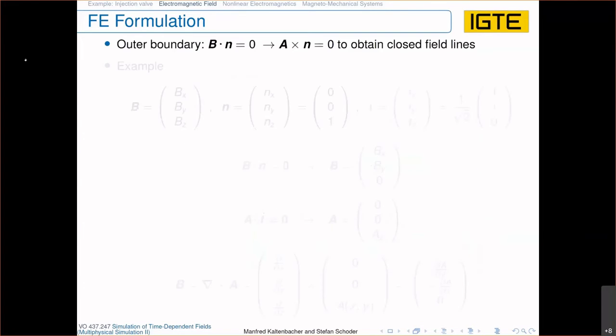Okay, so in this sense, we know now how to set up our discrete system. Still, we should not forget we are still continuous in time, so we'll also have a discussion about the time discretization. Up to now, I first want to go to the boundary condition,